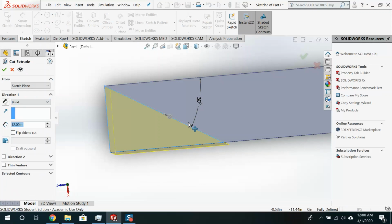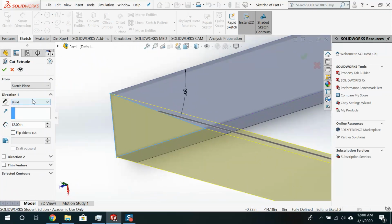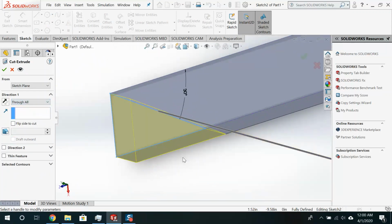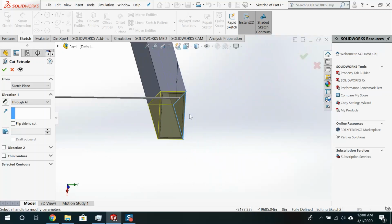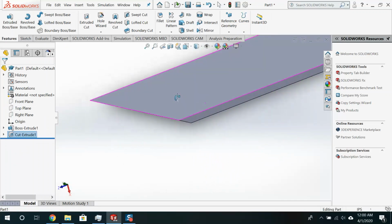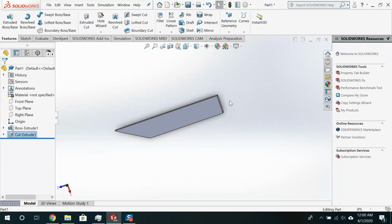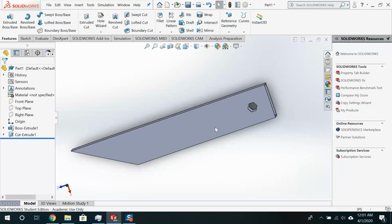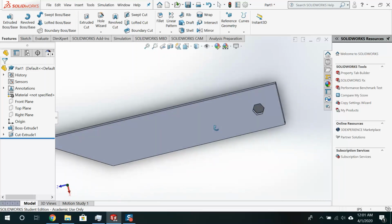And then it shows me this cut extrude, and instead of blind, I'm going to go through all, which means cut away everything in its path, and I'm going to click OK. Now you see that I have this nice little wedge. This could be a thing that's attached to a robot, and it pivots about some center here. So now I have my perfect little device that can flip other things if you put